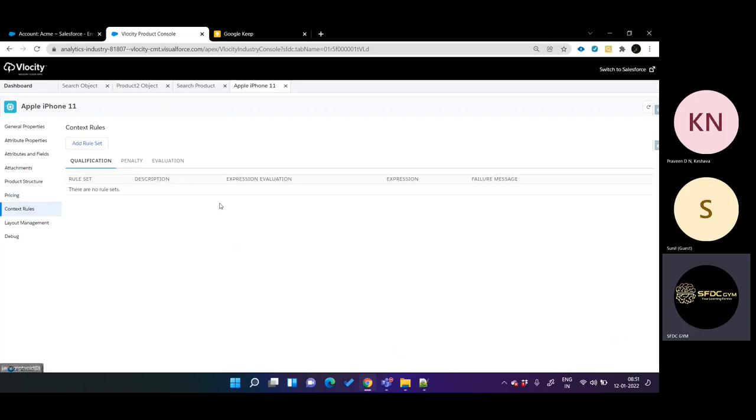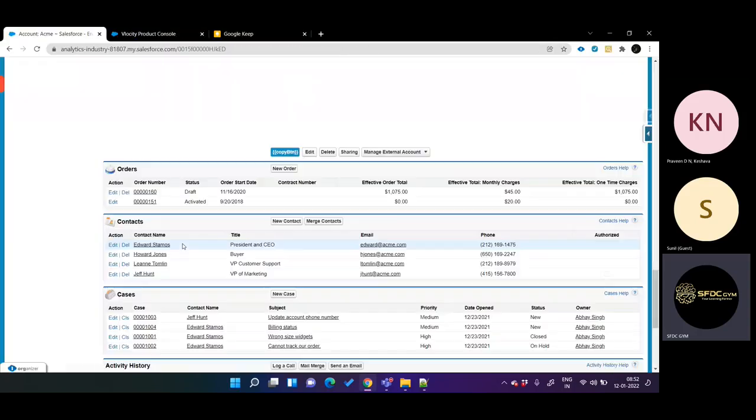Same goes for rules also. Maybe for one product we have defined multiple rules. One rule says if the location is India, then activate this price entry. If the current user is an employee, then activate this price list. All those things we can define here. So you can consider those sections as a related list, and they call it